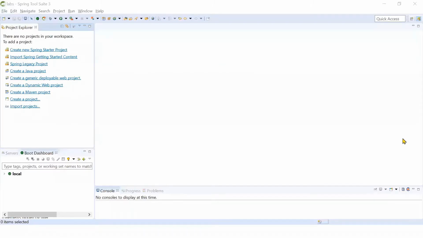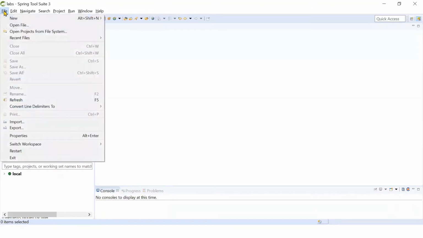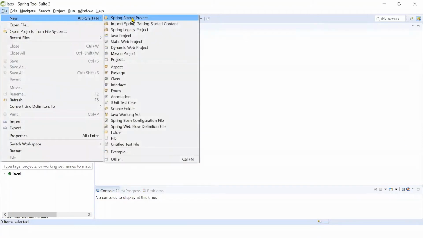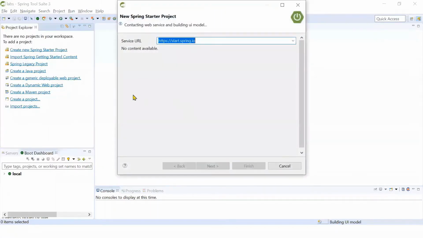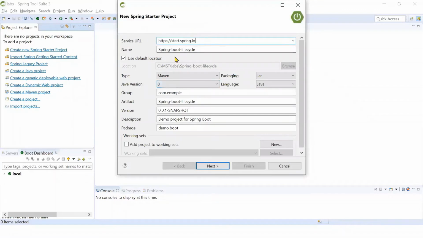Now let us see one practical demo using Spring Tool Suite. We can try this using even IntelliJ also, right? So here, when I say File, New, there is a Spring Starter project. When I click Spring Starter project, it connects to https://start.spring.io. This is one portal. Actually, we can even go directly to this portal and create the Spring Boot project, right? So when we create a project, it will connect to this particular URL, right? And downloads the required artifacts, okay?